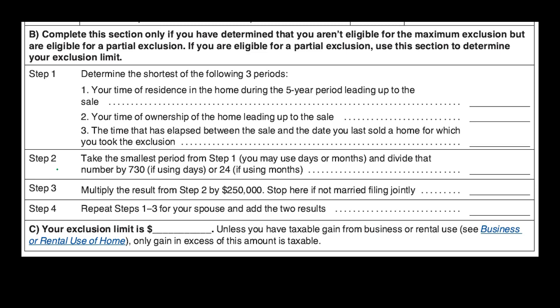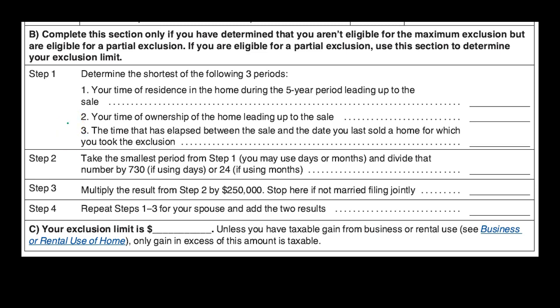You may use days or months and divide that number by 730 if using days or 24 if using months. So we could break this information out into whatever increment would be most sufficient, either using the days, 360 up to 365 days, or we can break it out into months time period, and then we're going to basically use our ratio. So take the smallest period in step 1, the smallest period we have up top, which